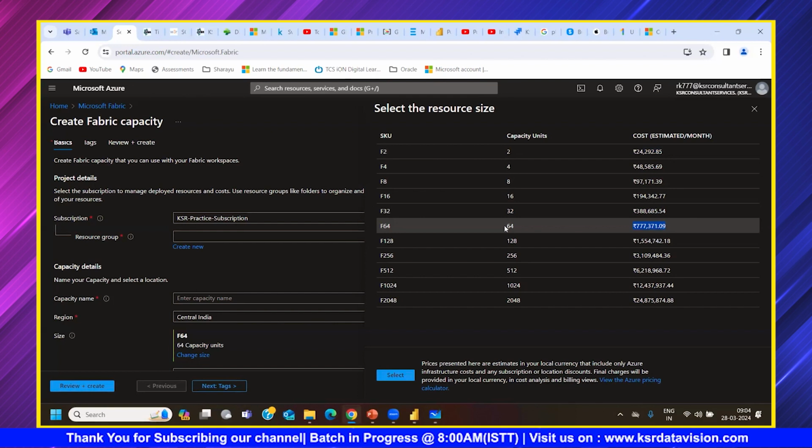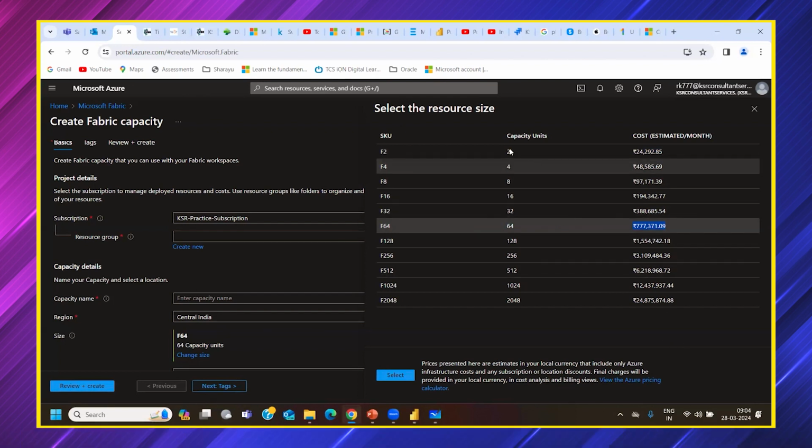If you go back, Fabric was introduced around February or March last year only. So from that point till today, 2024, with the introduction of Fabric, it will take time. Maybe the amount which is mentioned here, some day this will decrease. I'm not saying this will go on increasing. Some day the amount will definitely decrease, but till that time you have to learn every service independently